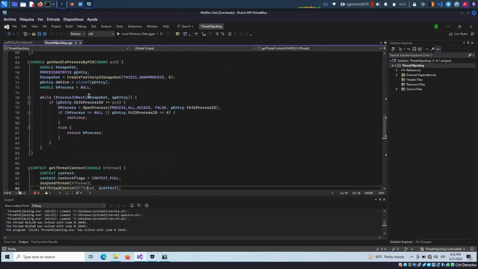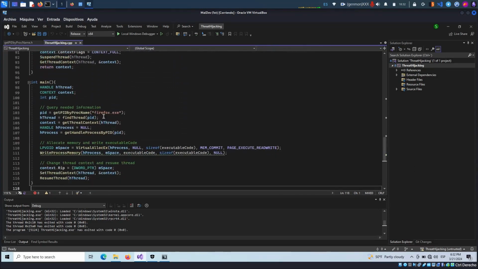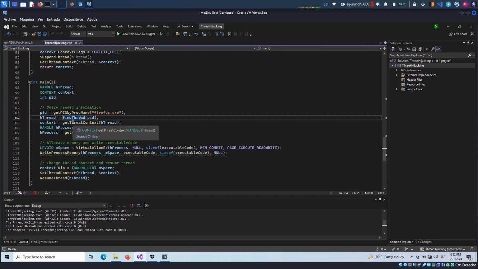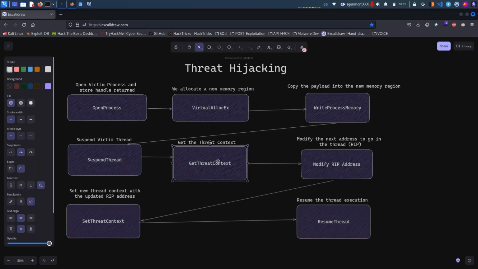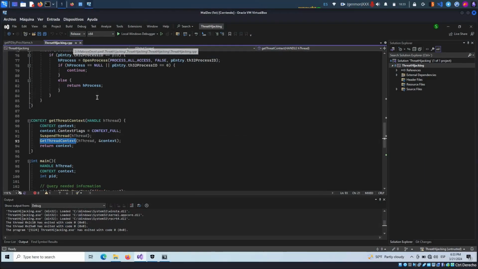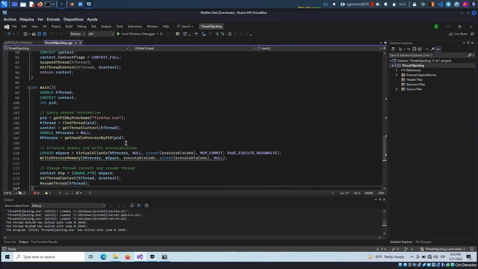First of all, here we see how it works. The first thing we do in this code is take the process identifier, in this case Firefox, which will be the victim process. Then we look for a thread. We look for a thread of this process, perfect to do the hijack and to execute inside, right? We look for the thread, and then we take the thread and the context of the thread with the GetThreadContext function. Notice that we are already going through this step. We have already done half of it, and once we have the context of this thread, we only need to suspend the thread, and then